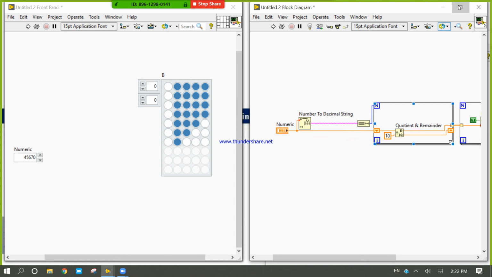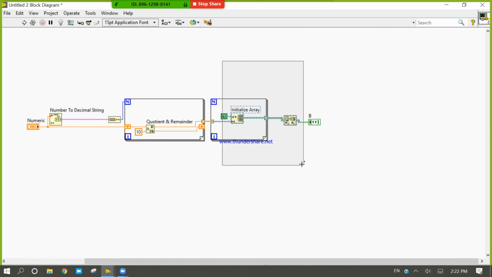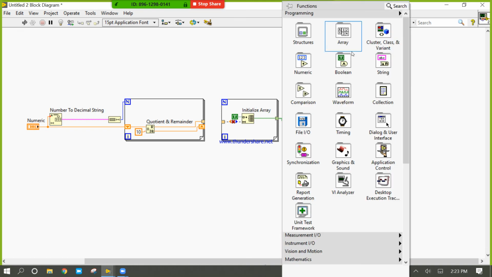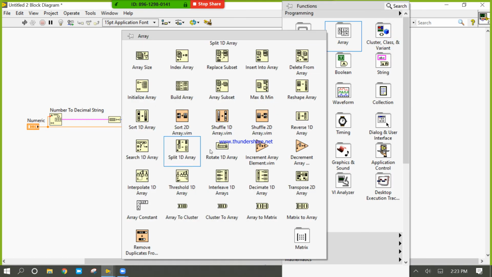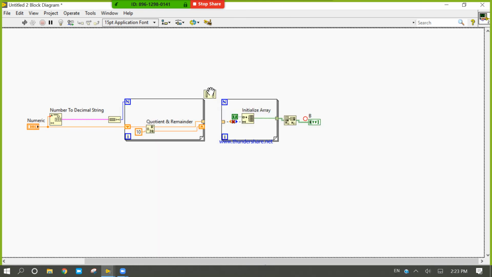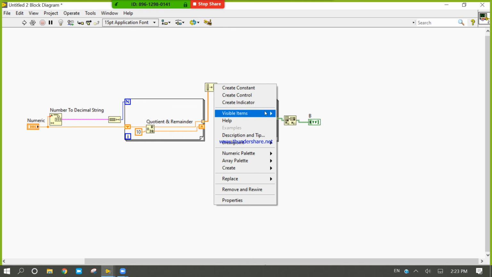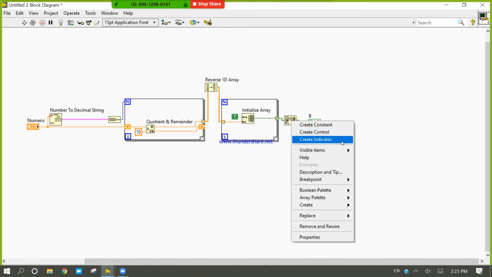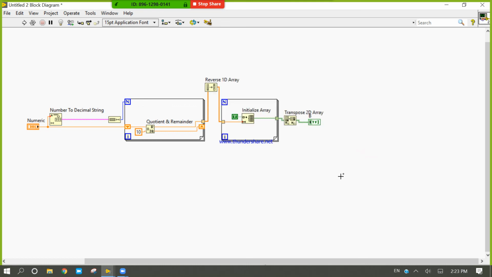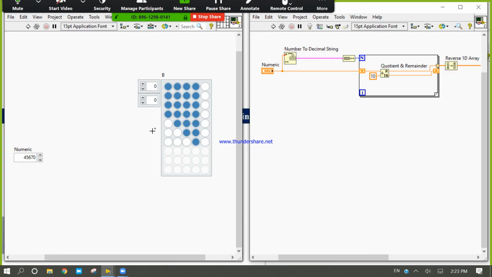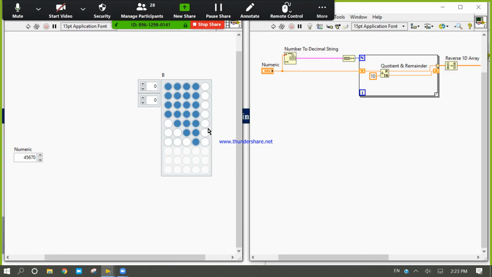I need one more thing here. Right click, array, reverse 1D array. Control A, Control U, Control T, Control R. Now 4560.